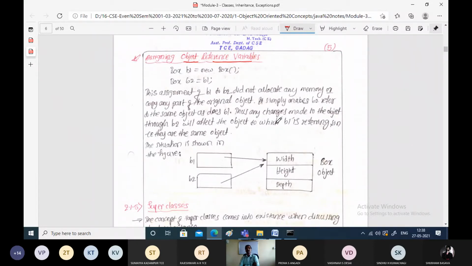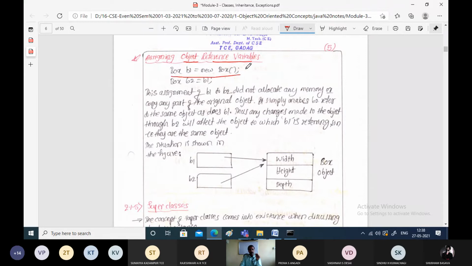It is another variable which is assigned to an existing variable, so that both the variables are pointing to the same memory location. More than one reference variable is pointing to the same memory location.